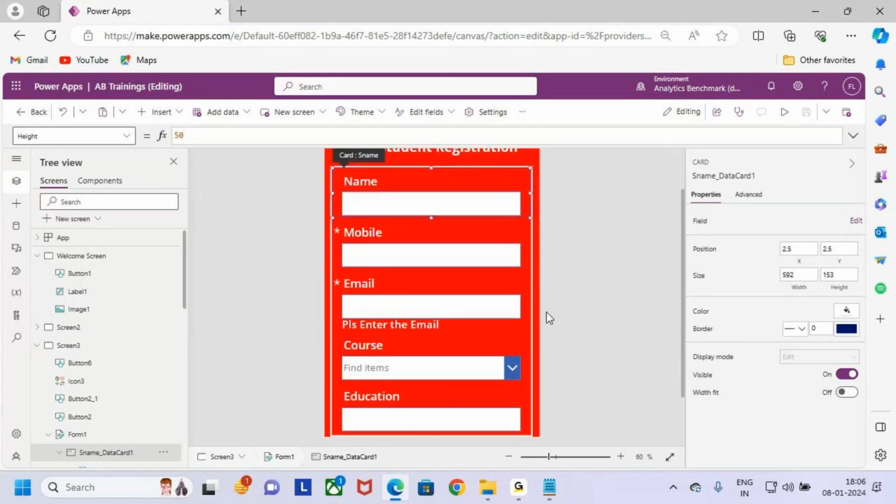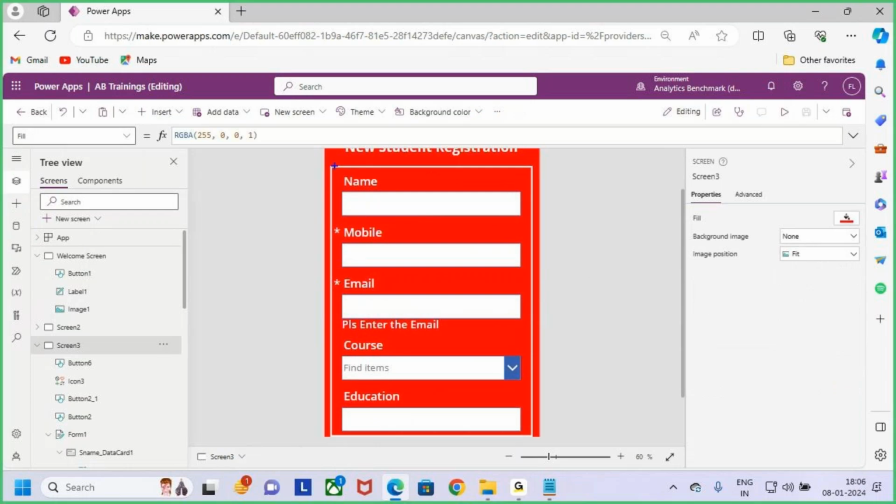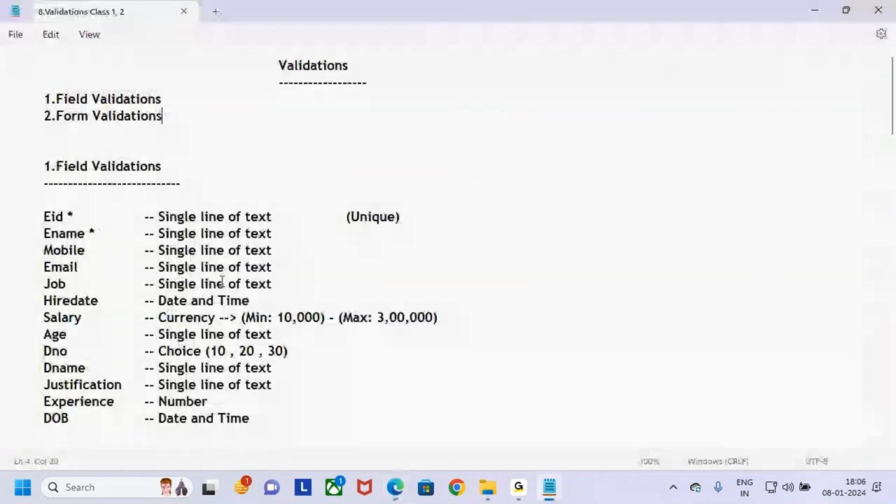And then once after completion of it, we'll discuss the form validations. This is my form, the complete form. Now what type of validations we are able to perform on the forms, we'll discuss in the next class. So first let me discuss field validations. In order to work with field validations,